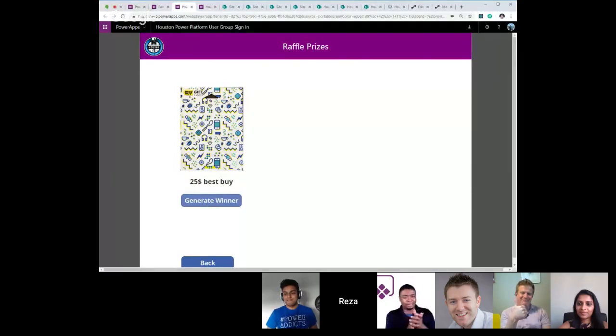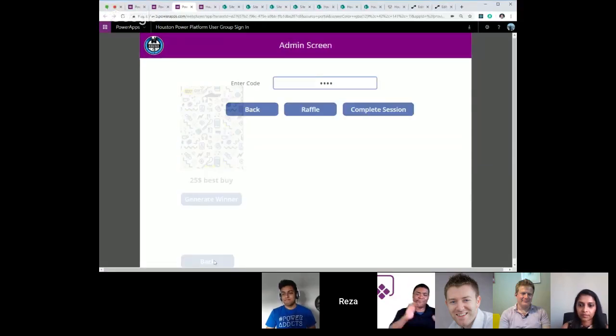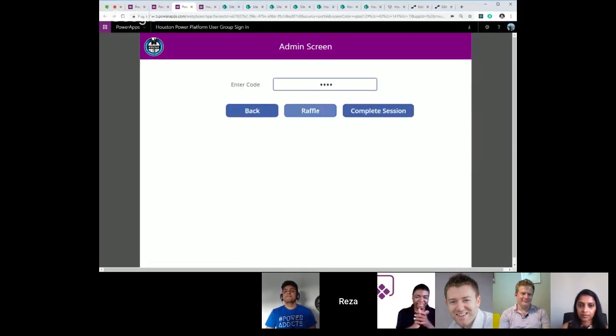So that way, there's no need to hand out any coupons or so and so forth. We have a cool Power App. Everybody who's signed in is in there. And all I need to do is, prior to the session, just add my raffle prizes in there. Just put the app out there and users can go and sign in and we can do the raffle drawings. So that's around the raffle prize giveaways.